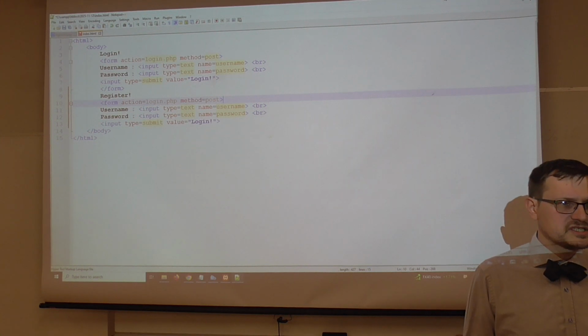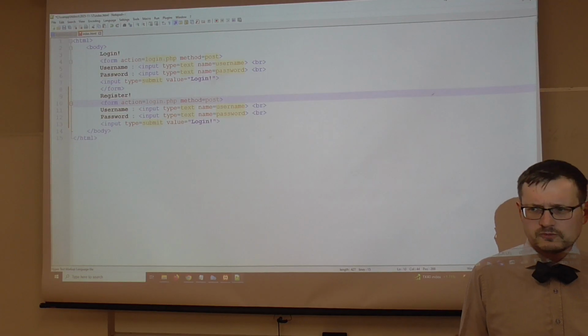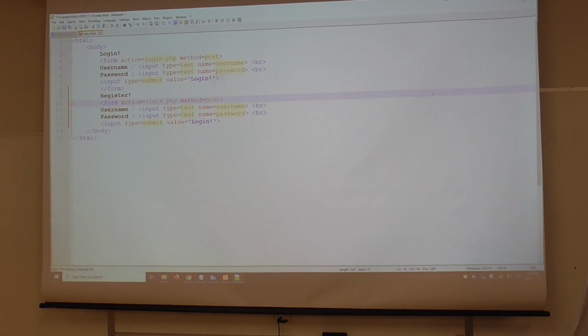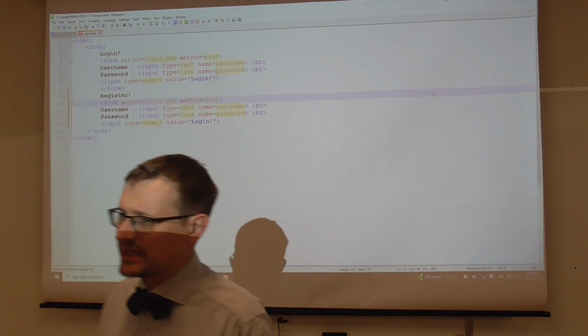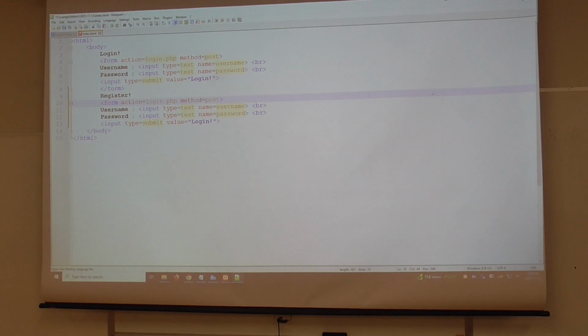Normally, websites will require you to enter your password twice. Does anybody realize the reason for this or the necessity of it? Why are you asked to enter your password twice when creating an account? Verify that you are writing the password correctly. Verify that the user knows exactly what they're writing, right? It's very rare that a user will create a typo in their password twice in the exact same way. And if they do it twice in the same way, maybe it's repeatable.